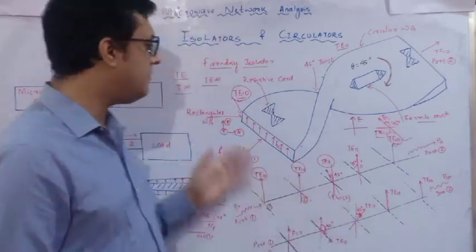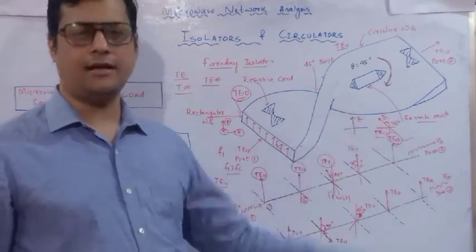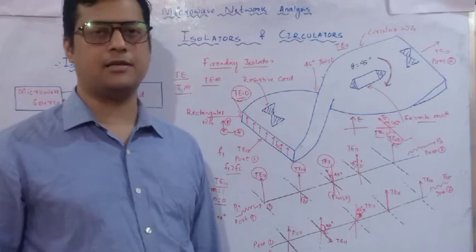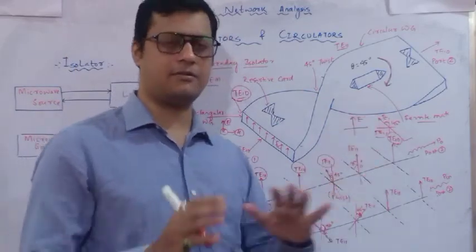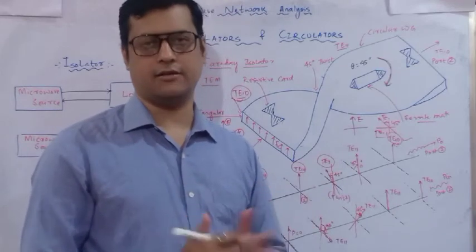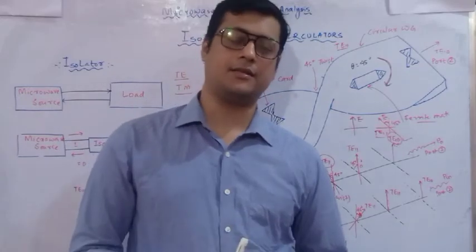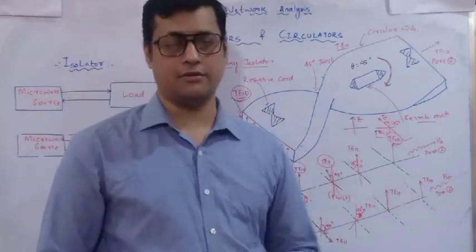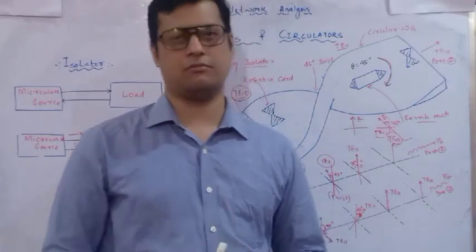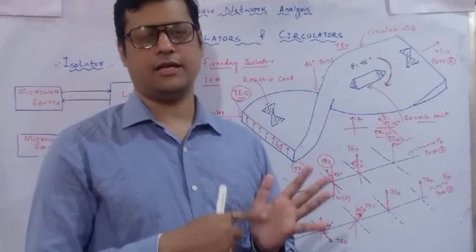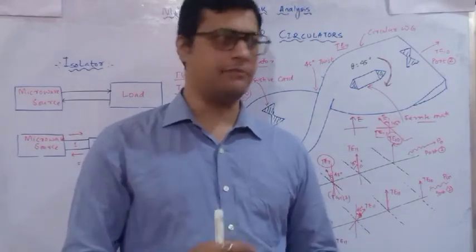So this is the working principle of the isolator, and this isolator is also called a Faraday isolator, based on the working principle of Faraday rotation. This rotation is done with respect to the arrangement of the isolator. So this is the basic working principle of the isolator. Now we will discuss, since it is a two-port network, how many scattering parameters will there be? The scattering parameters will be 4 because it is two-port: S11, S12, S21, S22. And what will be those parameters? That we will see now.